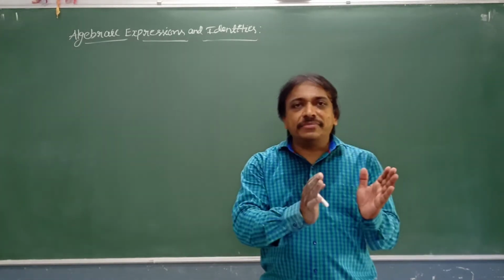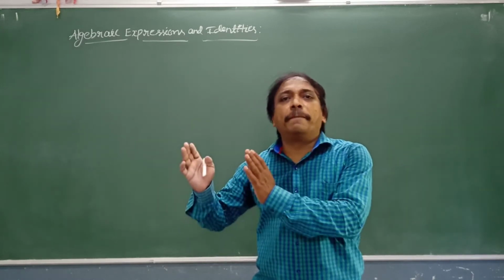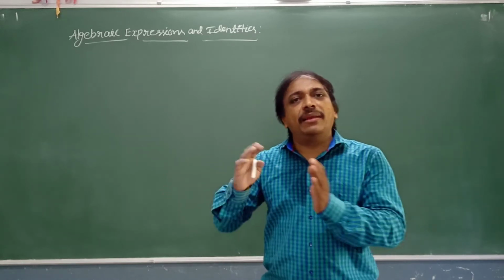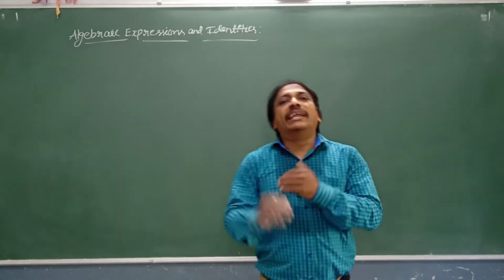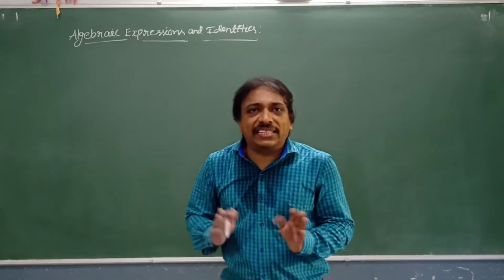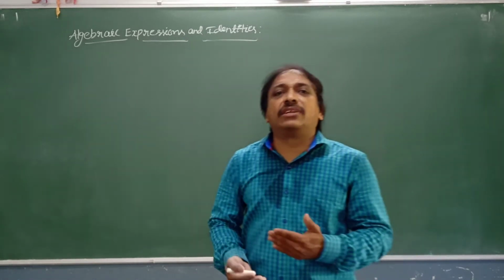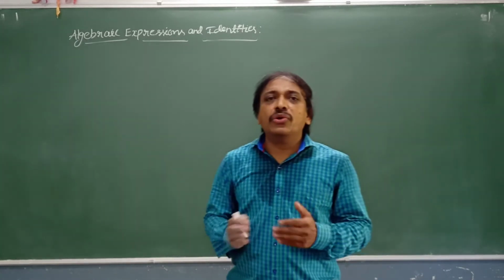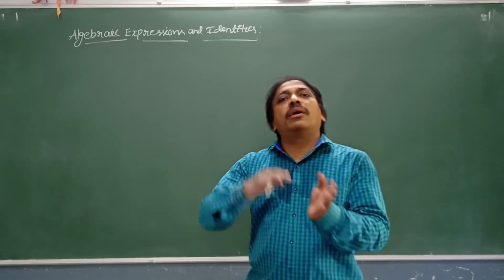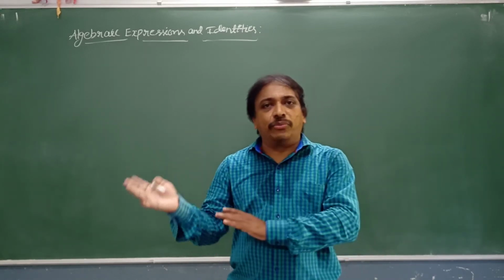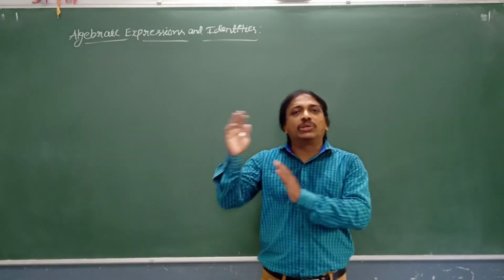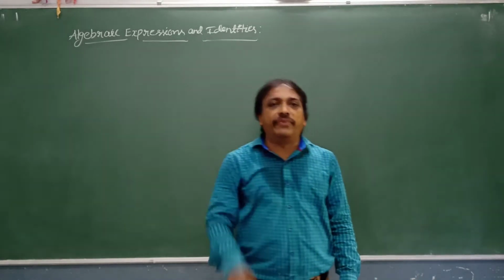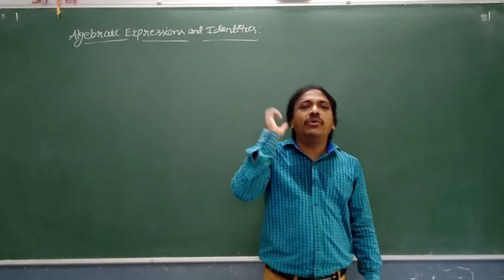is terms, and what types of polynomials, that is algebraic expressions, they are: monomial, binomial, trinomial, and then polynomials. Then how to add and subtract these algebraic expressions. You also learned how to multiply monomial to monomial, monomial to binomial, then monomial to trinomial, and substituting a particular value to the given variable. These are all you have discussed.